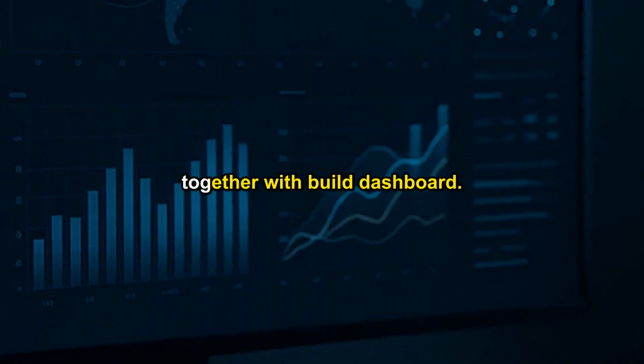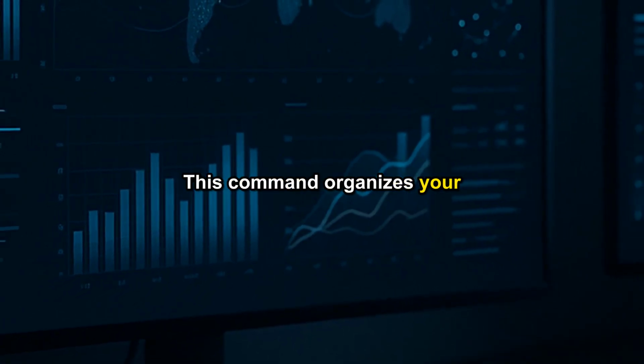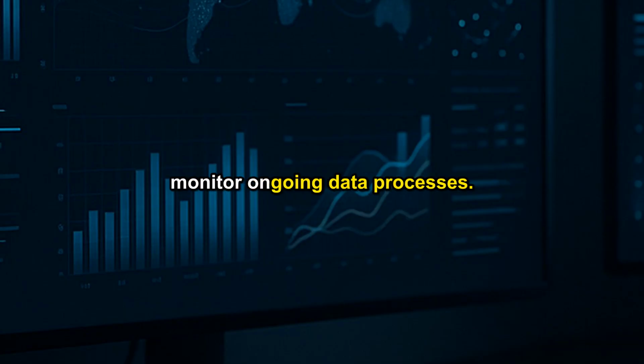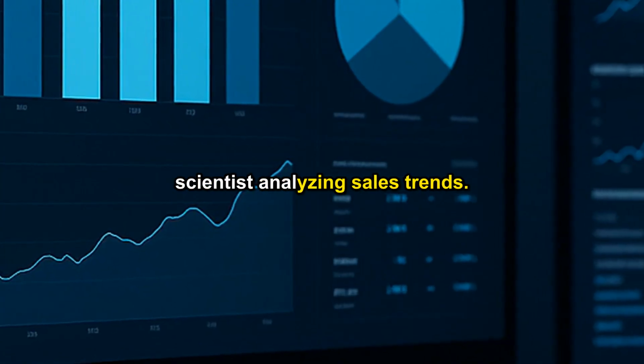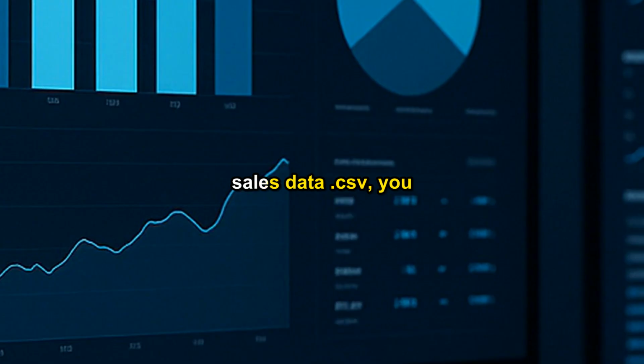Finally, bring everything together with Build Dashboard. This command organizes your analyses and visualizations into a coherent, interactive dashboard, making it easy to present your findings or monitor ongoing data processes. Imagine you're a data scientist analyzing sales trends. By typing Analyze sales data.csv, you can quickly identify peak sales periods and average order values, turning raw data into